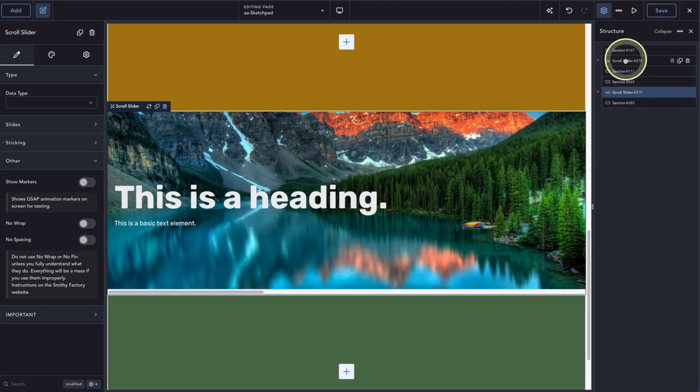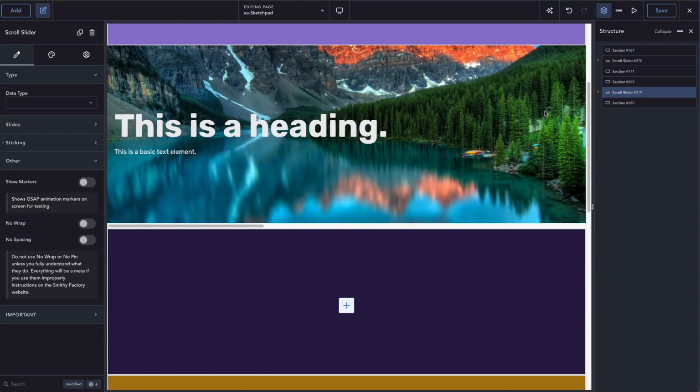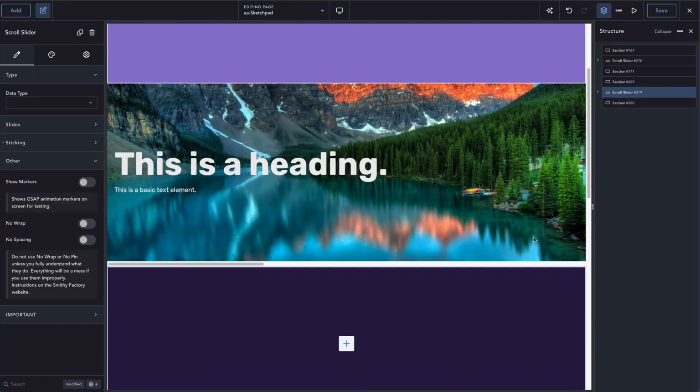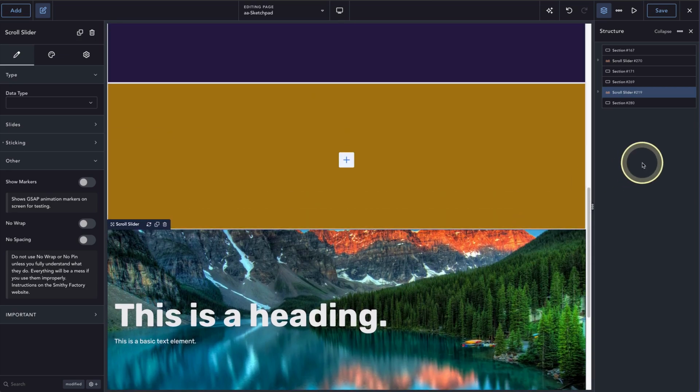I've got a section. They're all just sections. They're all half height. Nothing special done about them, and they're all in horrible colors because this is not a design class. This is a let's make it really obvious what we're looking at. So we're looking at a section, a horizontal slider, two sections, a horizontal slider. And on the help pages and whatnot, I've said keep two sections between your sliders so that there's room, and